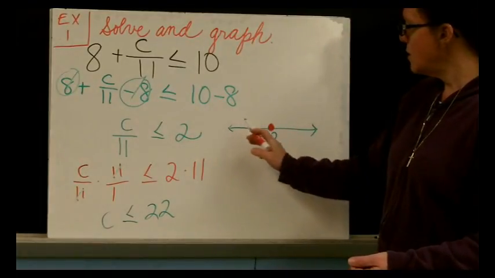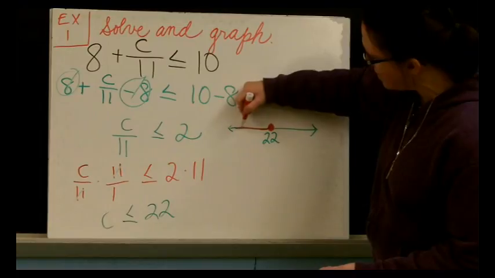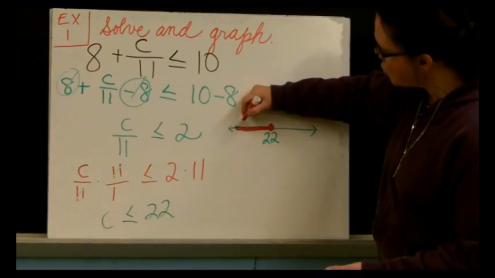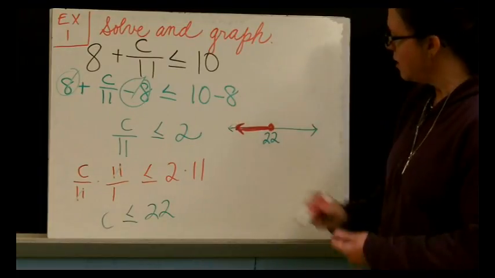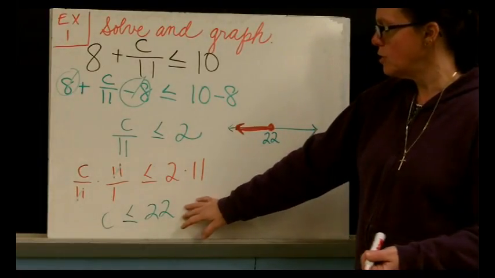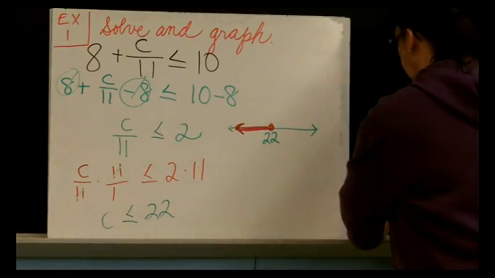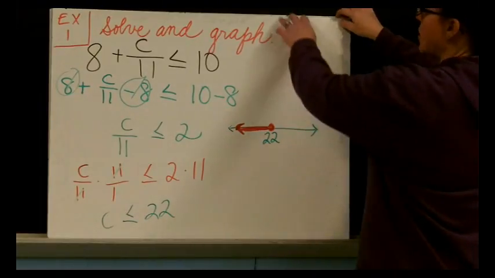Since the solution set is less than 22, remember, less gets moved to the left. And so here we are. We have found our solution. c is less than or equal to a positive 22. And now we have graphed it. Let's take a look at example